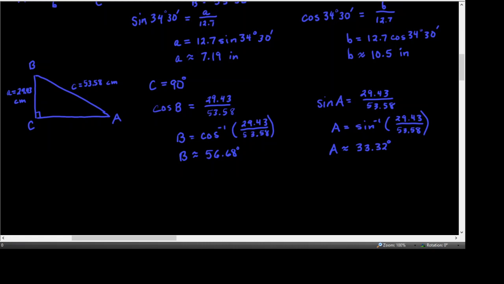So what I would ask for you to do for practice, and so right now this isn't what I would really need for you to do on this problem. I'd want you to do what I've already written. But just to practice this, go back and retype the cosine inverse of the 29.43 divided by 53.58 and get 56.6, and then all the digits your calculator has in it. And then you're going to store that